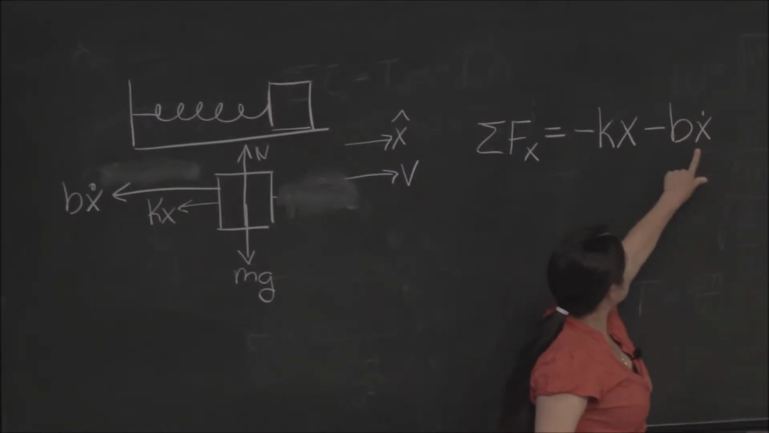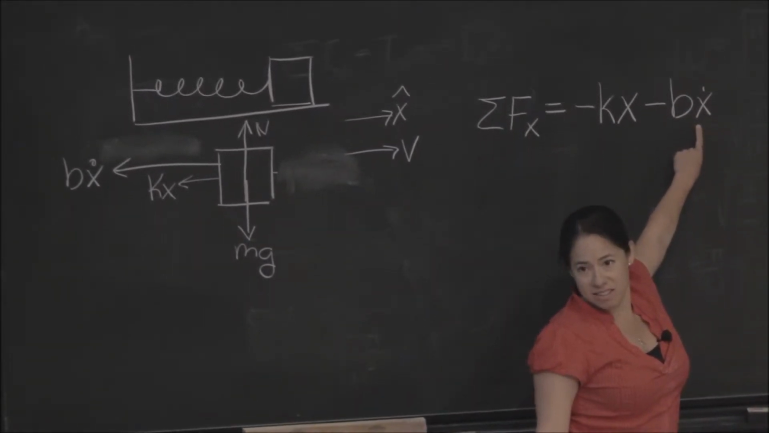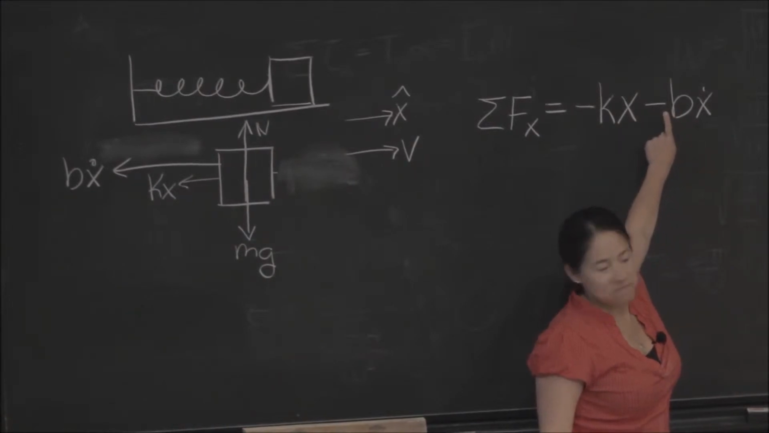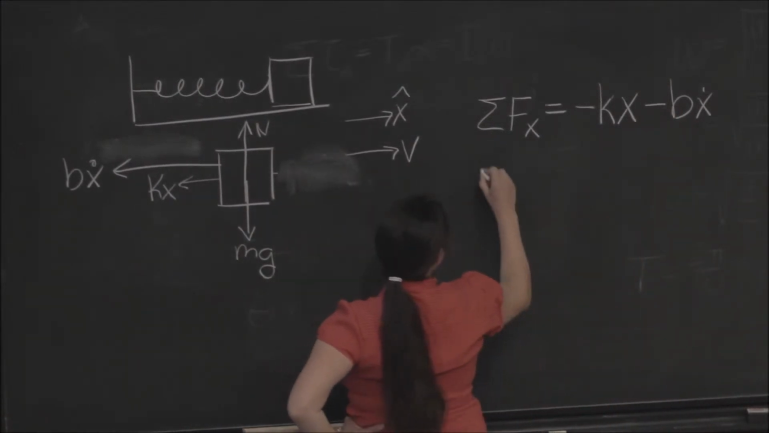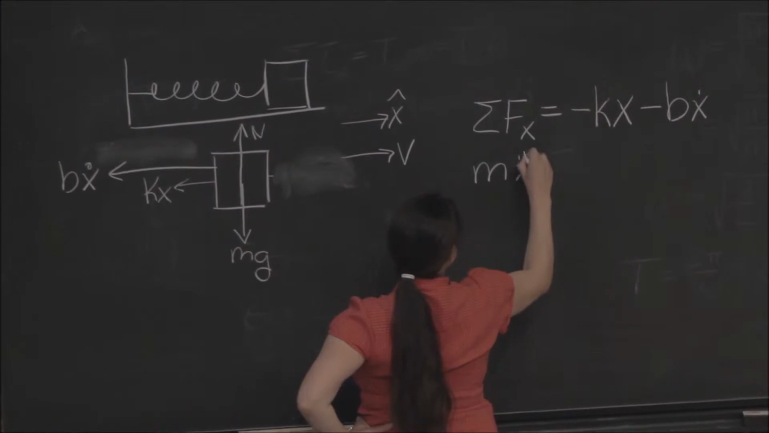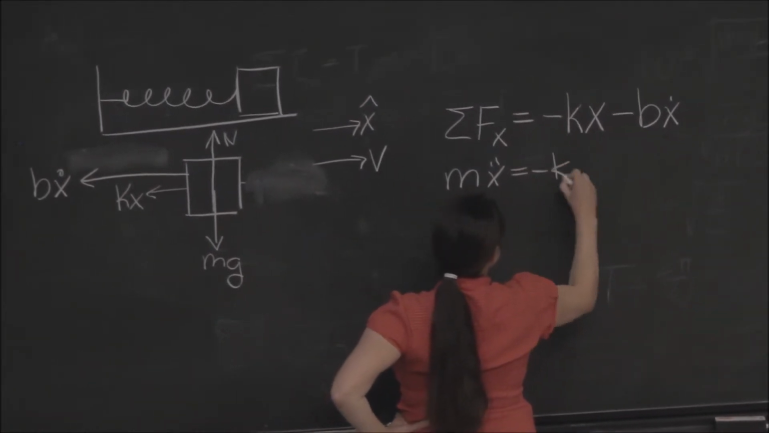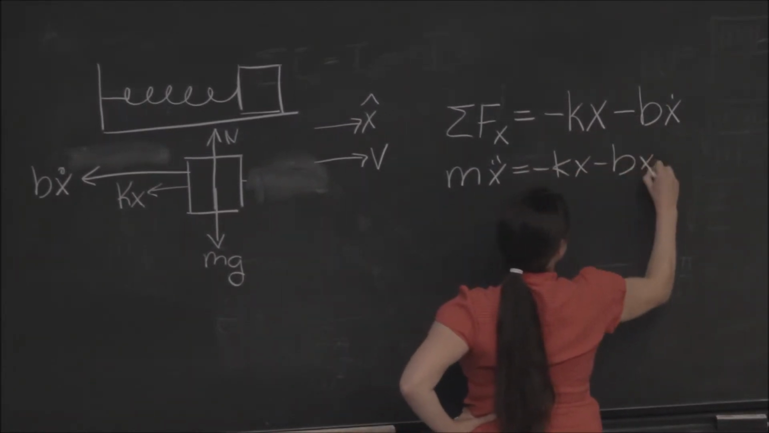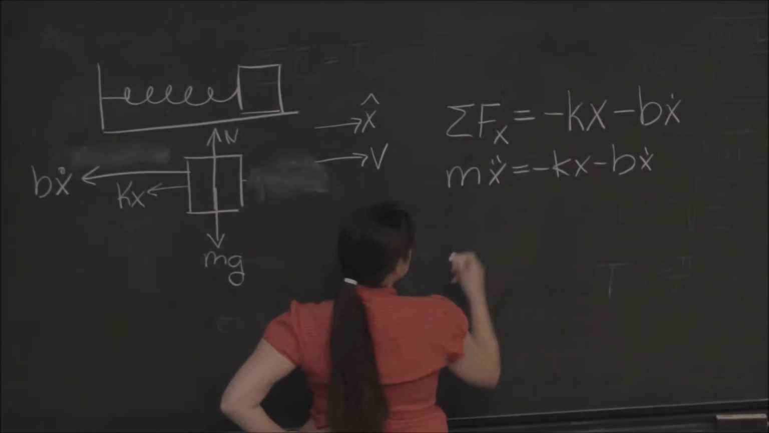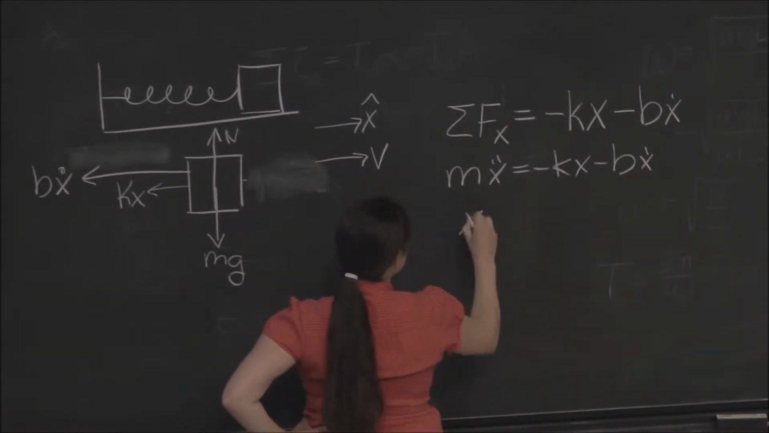Okay, so now we can say that the viscous force is negative b x dot. You know it always has to be in the opposite direction that the velocity is going, so that's how we get this negative sign. So we can write the mass times x double dot equals minus kx minus b x dot. So if we bring everything over and divide by m,